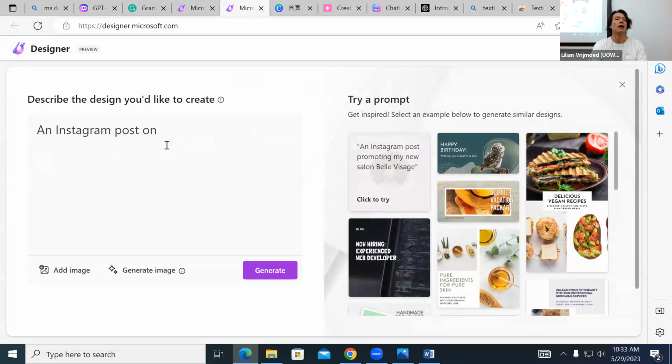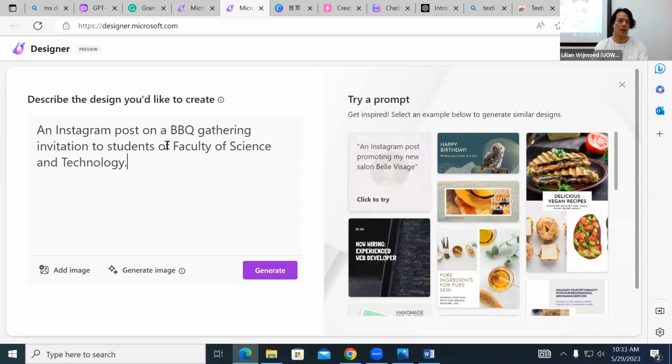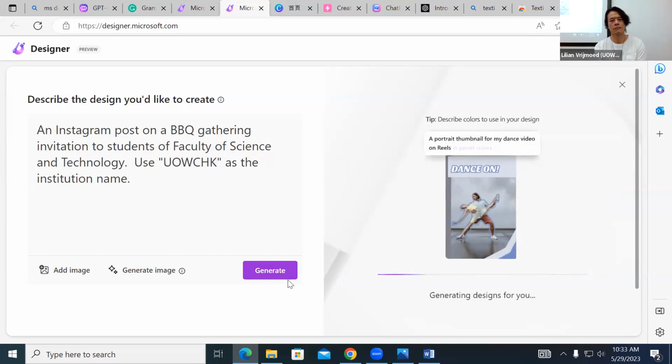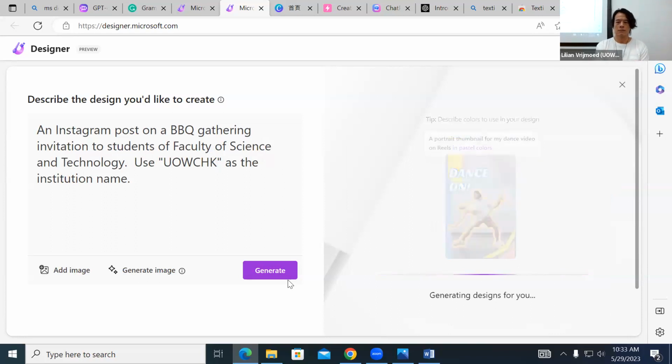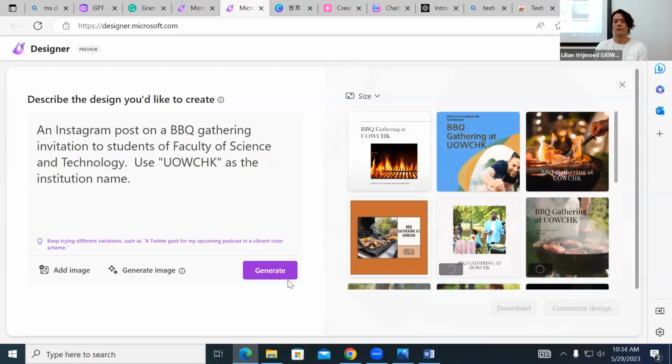A post on a BBQ gathering invitation to students of the faculty of science and technology. Use UWCHK. So this will give you